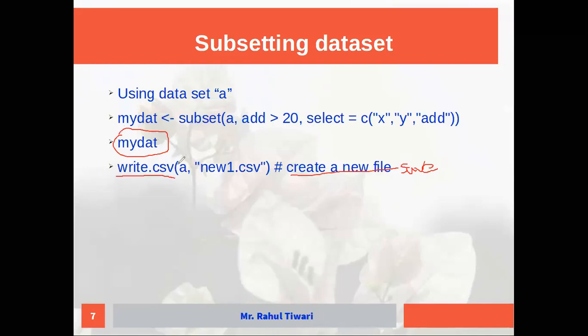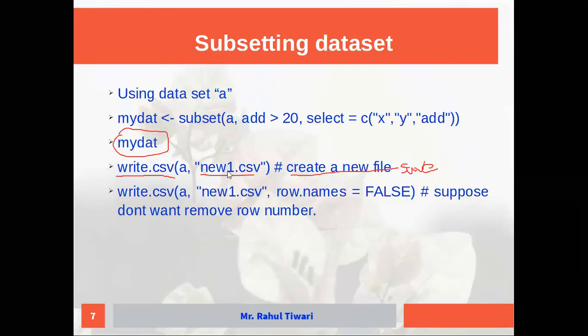Your original data file is A, comma, write down whichever file name you want, and just press control enter. You will come across your data. Whatever new file you have created will get saved in a particular path. I will show you the demo of how it works.